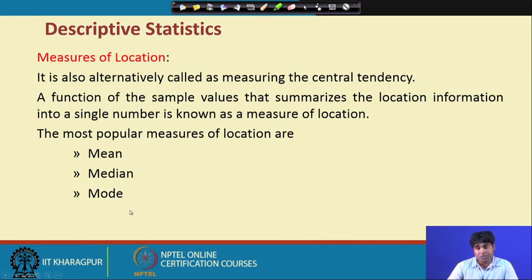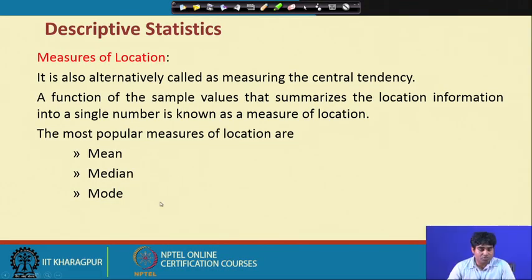Mean is the average of the series, and for the median we have to find the middlemost value, in order to know whether the particular series is normally distributed or well spread, or whether it is a skewed distribution or something like that, because until you know the details, you are not in a position to go for better modeling. That is why, in the first instance, we have to report the mean, median and mode.